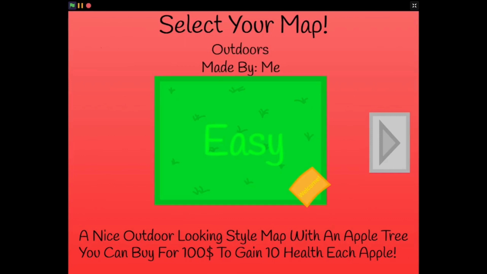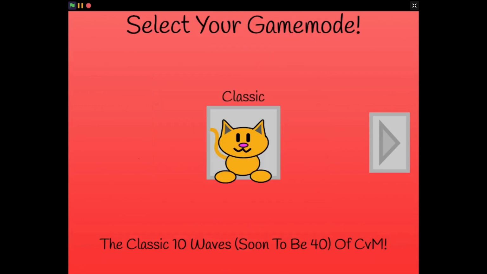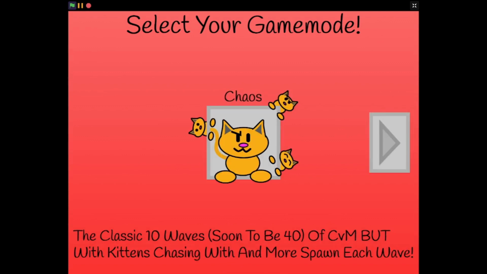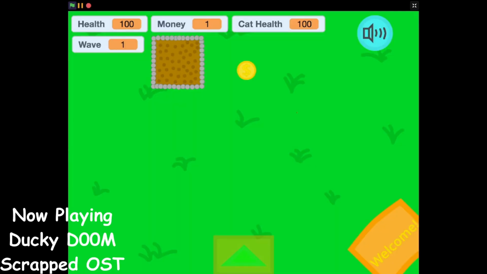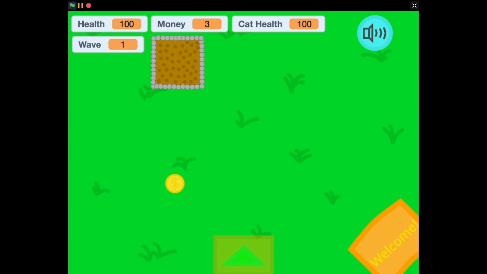We'll go ahead and play outdoors. There's a classic map, we'll just do it on there. It is harder than the hard map, technically, because of the eco changes, but we'll just go ahead and do classic. You can do chaos if you want, but we'll just do classic here. And as you can see, the scrap theme for Ducky Doom is here. So let's go ahead and